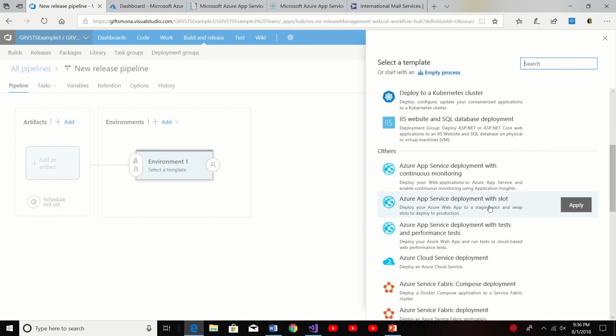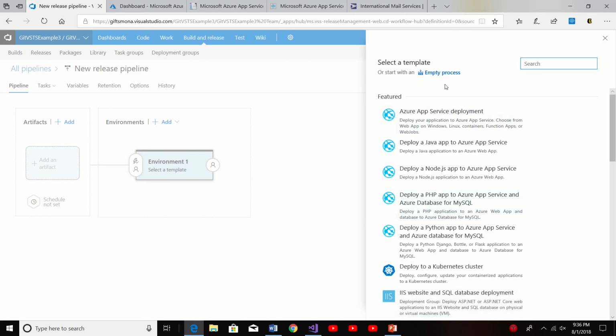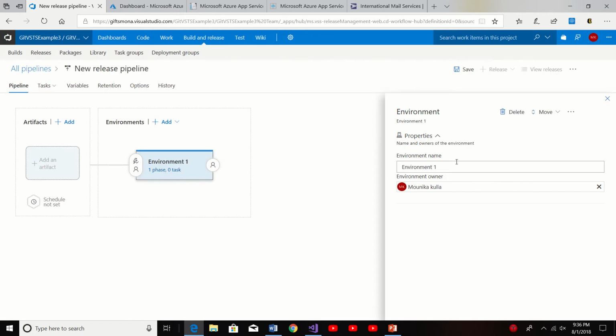So it will ask to select the template. Currently I'm going with empty process. So I would like to give staging. First I would like to deploy in staging. So I'm choosing staging here